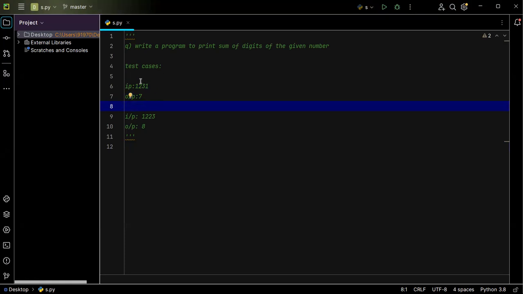To do this, let us see how we read the input and how we get the sum of digits of the given number. Let the given number be 1, 2, 3, 1. So how do we find the sum of all the digits? To find the sum of all the digits, first I need to pick the first element